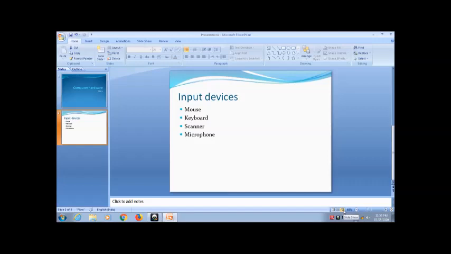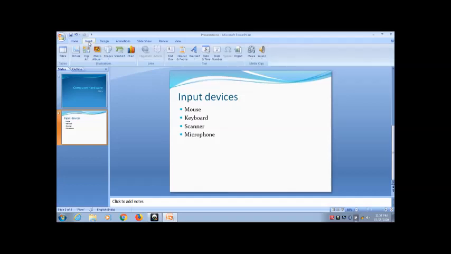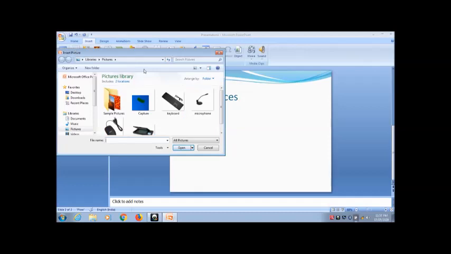Now I found that my slides were looking very monotonous because they only had text, and I want to make them interesting, so I can insert some pictures, videos, etc. in my slide as well. For that, click on the insert tab, choose picture, then choose any picture which is present on your computer.